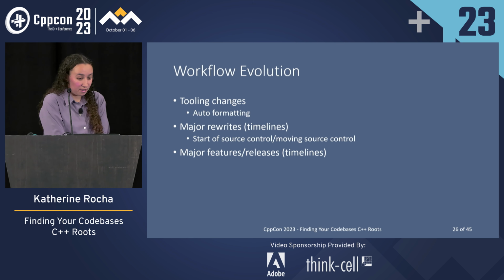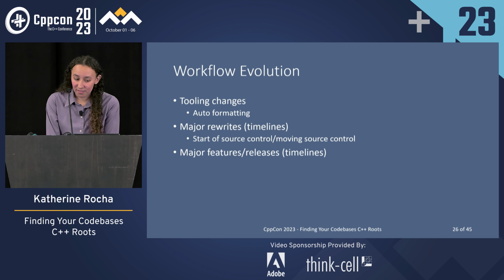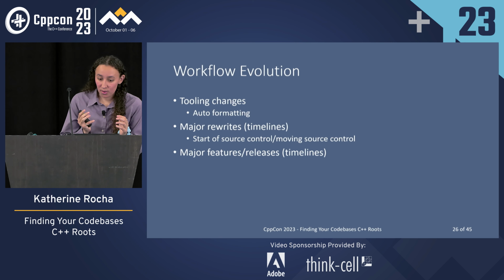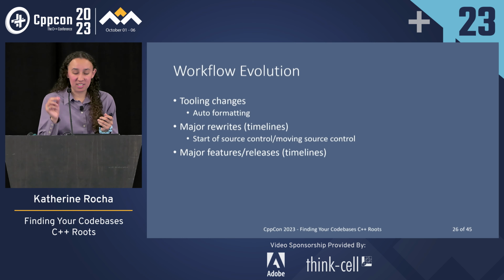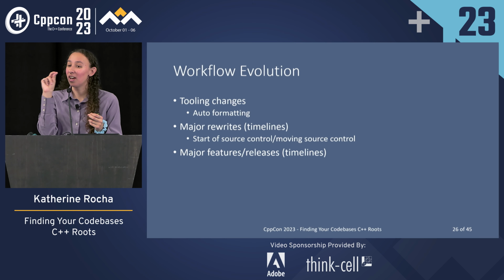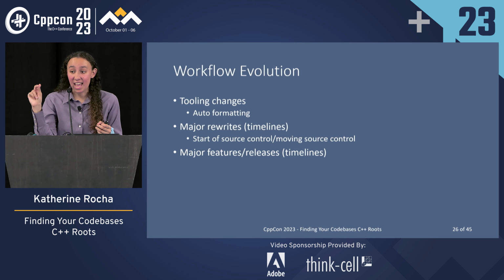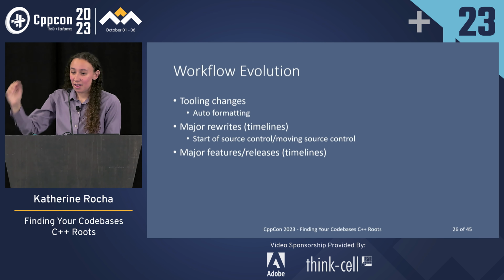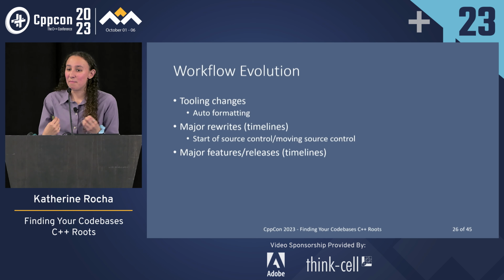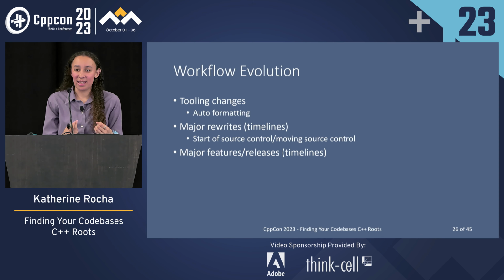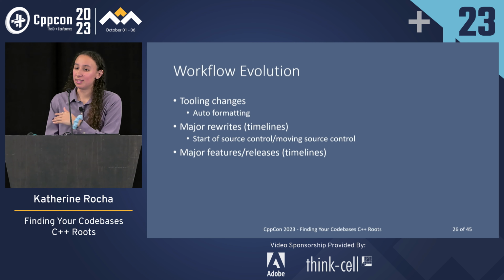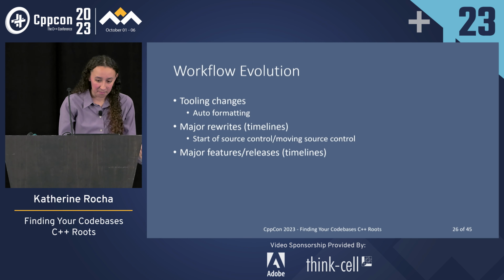So now jumping into workflow changes. This involves tooling, rewrites, and some of the major features. With this, who has had a project where they've seen the first commit in source code? So you've gone all the way back and it's the initial commit from when they either migrated from SVN or started using Git or whatever they did. Who's seen that? Now that's a really nasty commit to run into because you want more information than you get, and then suddenly you're slightly disappointed, but at the same time, at least you can find what the code originally looked like, and hopefully you can figure out what the intended circumstances were.